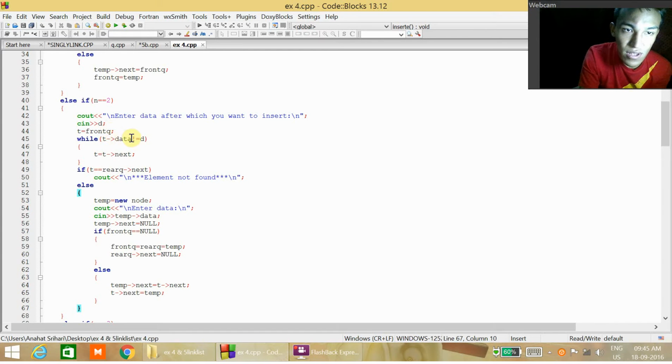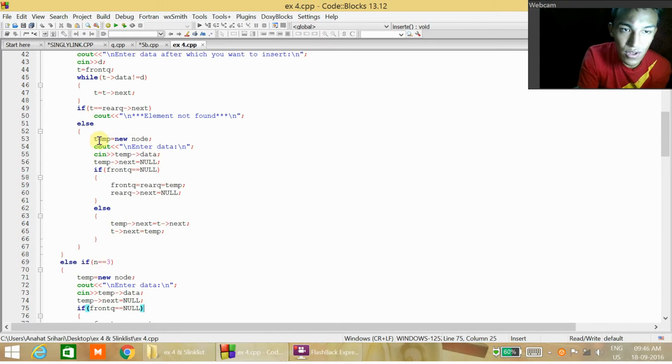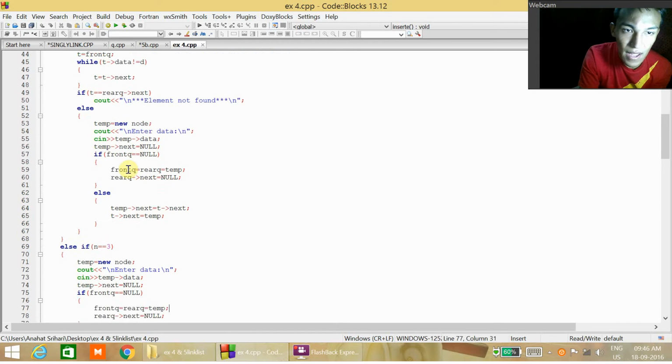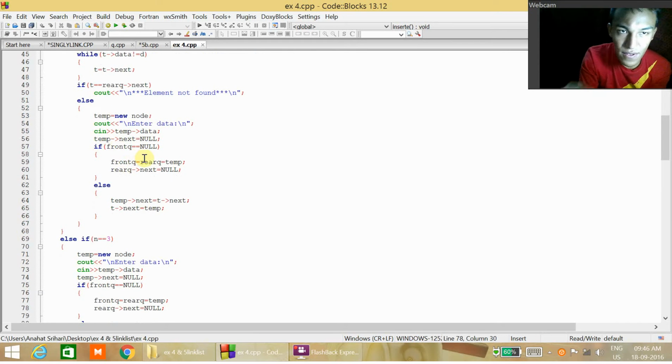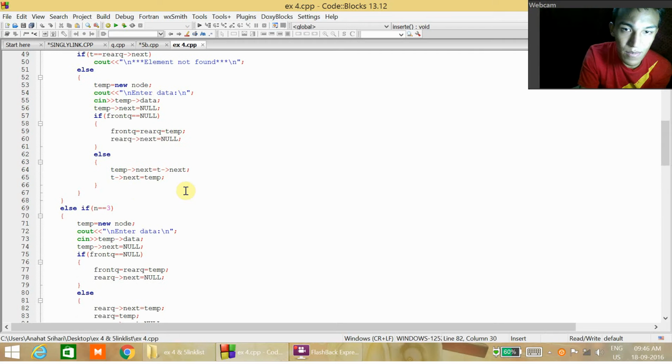If it is not equal to d, then t will be equal to next. If t is equal to rear pointing next, then the element is not found. Else a new node will be created and the data will be entered. And if it is null, the element will be entered at the first,